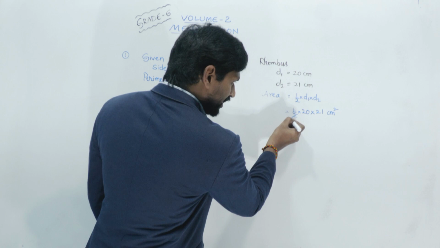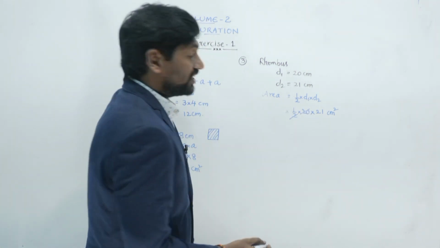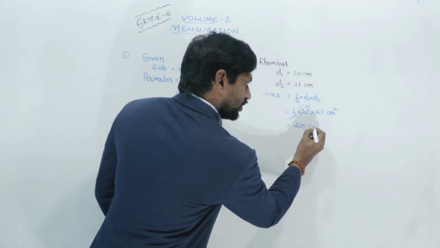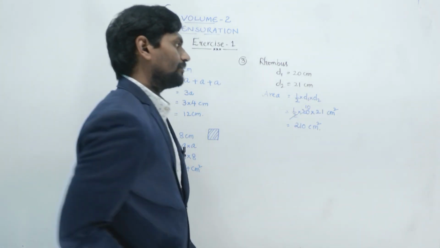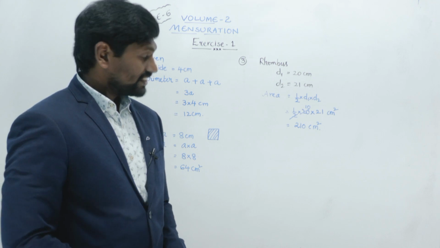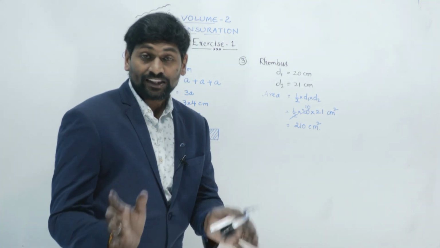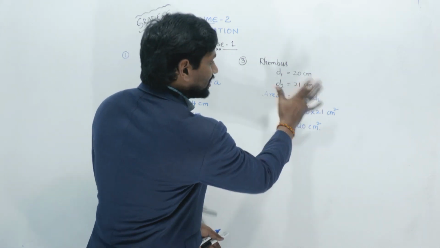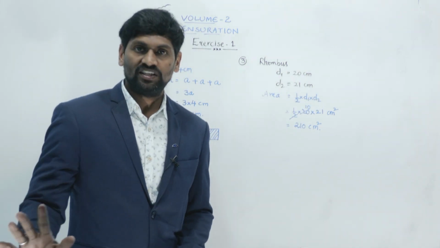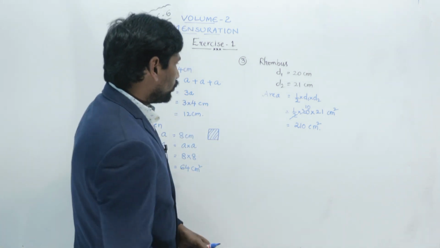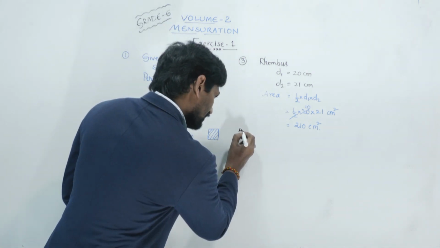Now the denominator 2 cancels with the numerator 20, 10 times. So 21 into 10 is 210 centimeters square. This is the area of a rhombus with diagonals 20 centimeters and 21 centimeters. Clear? Now let us go to the next problem. The fourth problem is